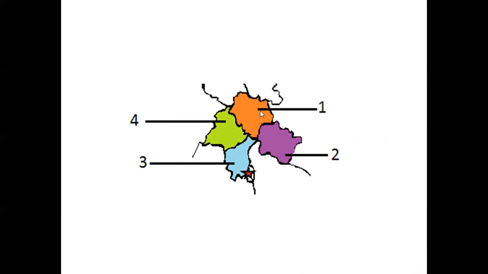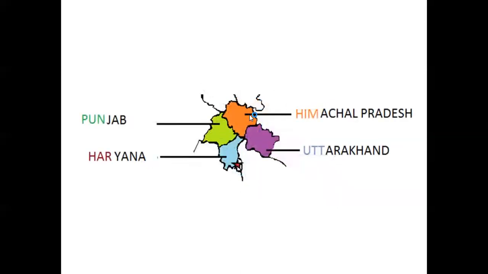So you understand: Himachal, Uttarakhand, Haryana, Punjab. So it is easy. So you have to mark it from the orange one. 1, 2, 3, 4. Him, ut, har, pan. How to mark it? The syllable alone I have colored it. Him, ut, har, pan. It is very easy, children, if you memorize like that. Him, ut, har, pan. That's all.